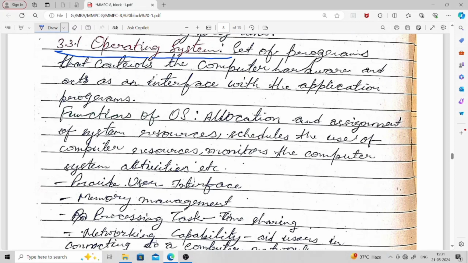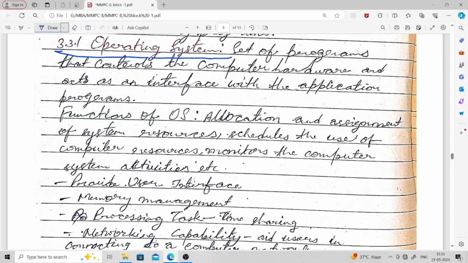Functions of operating systems given here: allocation and assignment of system resources. It means how to allocate different resources of the computer system for different processing or different applications at a particular time. That is done by the operating system. Then it schedules the use of computer resources and monitors the computer system activities. Whatever activities are going on inside the computer system are monitored and controlled by the operating system. It also provides a user interface, because without